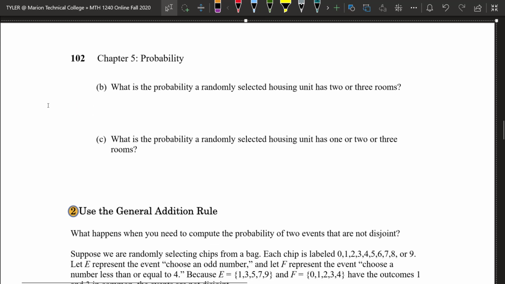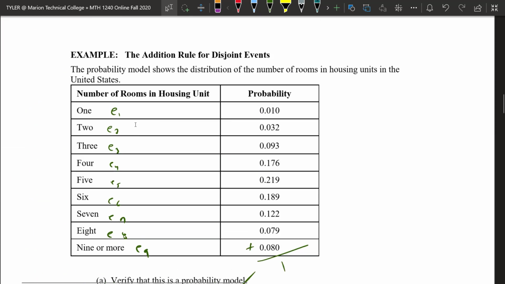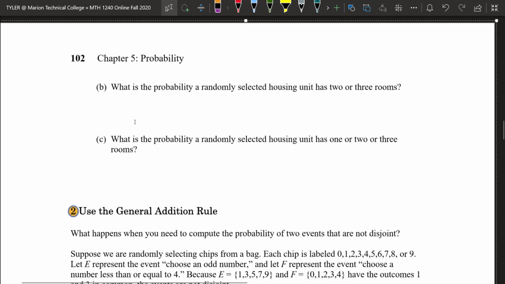Part B says, what's the probability that a randomly selected housing unit has 2 or 3 rooms? What's important to notice about this probability model is that it's not possible to have a housing unit that has 1 room and 3 rooms. Every housing unit has to fit into one of these categories. There's no overlap. So in other words, all of these events are mutually exclusive or disjoint. So in part B, when I'm finding the probability a randomly selected housing unit has 2 or 3 rooms,